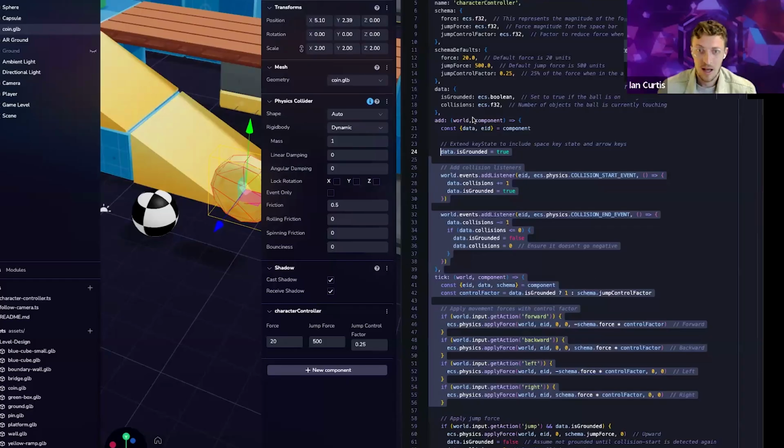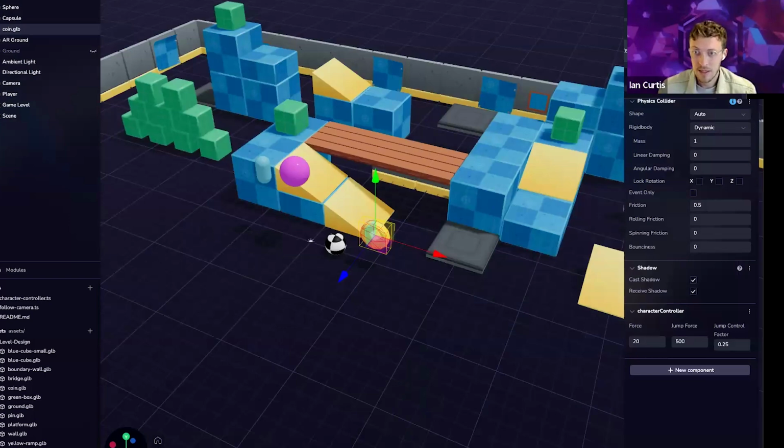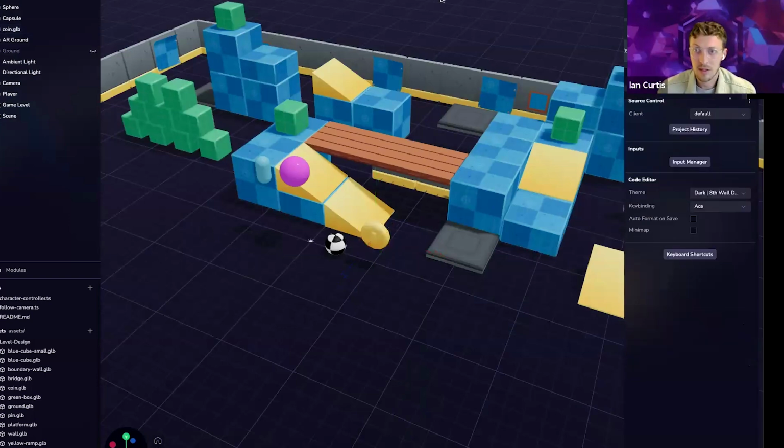Awesome. And then Ian, this next question is more particular to your experience that you were showcasing. Can the ball move using the mobile gyroscope? It currently can't, but certainly something you could implement. I'm actually going to share my screen again real quickly. And this is something I didn't show earlier, but